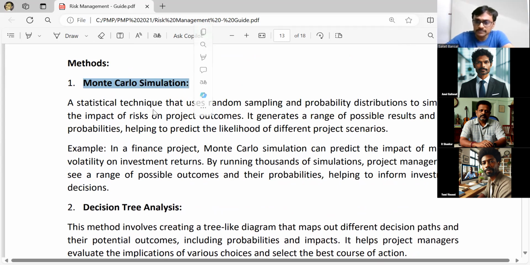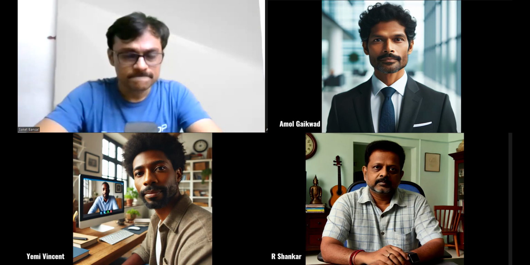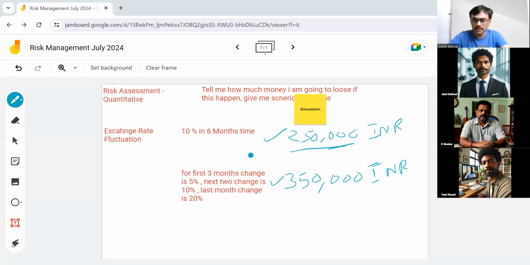So for the exam, you will not get asked to perform Monte Carlo analysis. For your interviews also very unlikely, but here is what it is. This analysis is a more sophisticated simulation. So probably, rather than creating only these three scenarios, I use a tool which may bring a range of